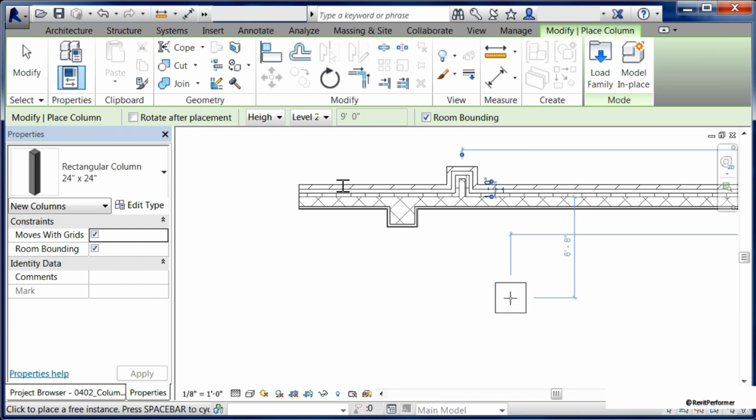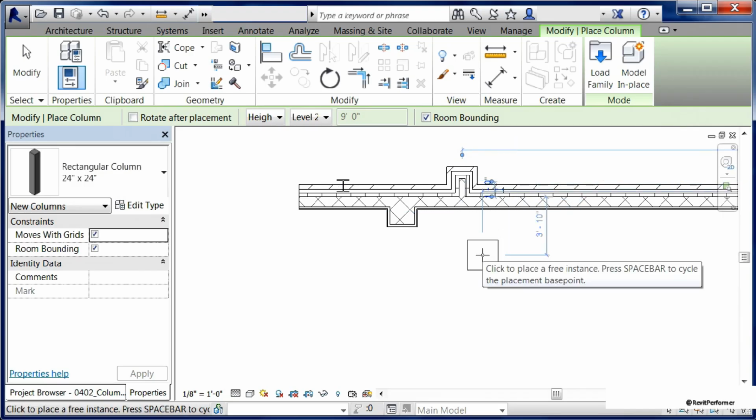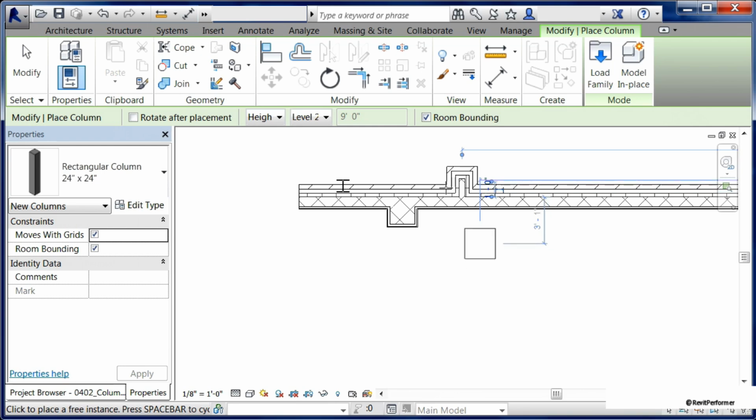This allows us to do such things as pilasters very quickly and easily using architectural columns. You'll also notice that with architectural columns we don't have all the rest of those tools that we had available with our structural columns. That's one of the major differences or advantages to using structural columns, is that they have extra tools for quick and easy placement. But the advantage of the architectural column is that whenever you place them up against an object, they'll take on the properties and materials of that particular object type.